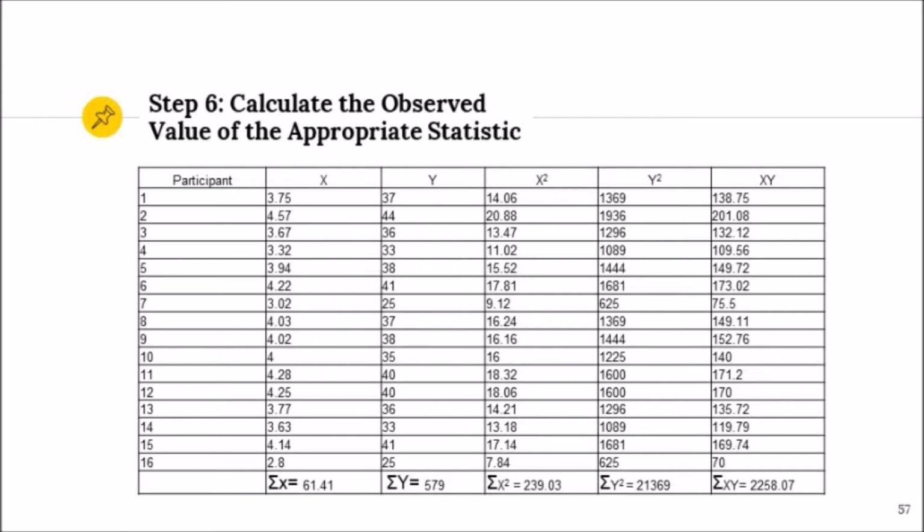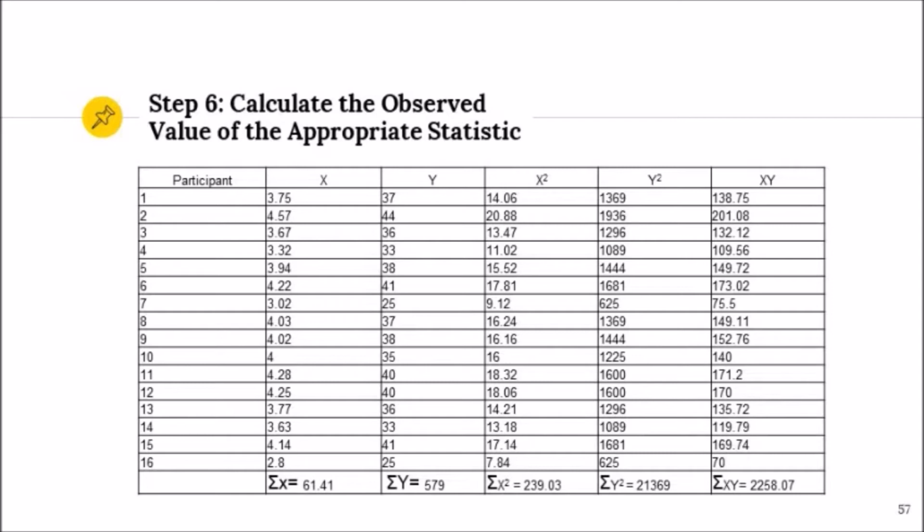The sum of X is equal to 61.41. The sum of Y is equal to 579. The sum of X squared is equal to 239.03. The sum of Y squared is equal to 21,369. And the sum of XY is equal to 2,258.07. As we all know, we need to compute these values, for they are essential parts for the actual computation